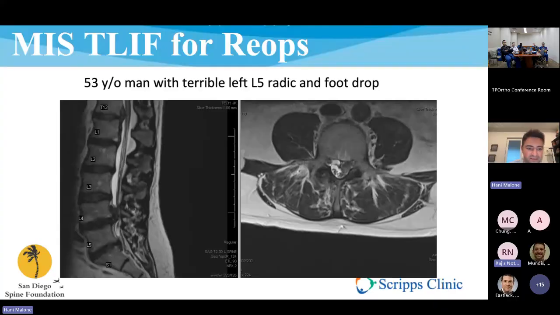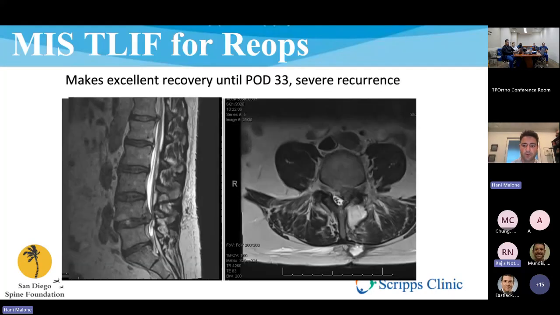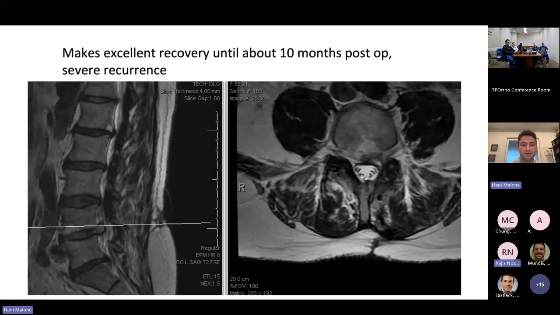I think this is the last case example. So this is a 53-year-old guy, had a foot drop and a bad disc herniation that you can see there. I did a microdiscectomy. Then he recurred after this first microdiscectomy and had a recurrent disc that you can see there after making a pretty good recovery. But on post-op day 33, he had a really bad recurrence. So I did another microdiscectomy and again he did well for a while. And then about 10 months post-op, he had a 3rd disc recurrence. And so